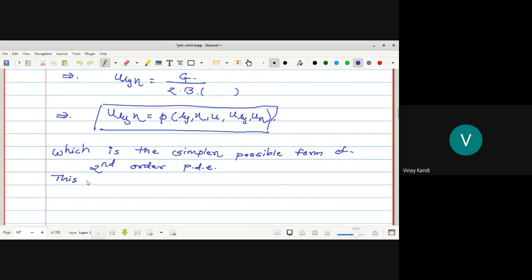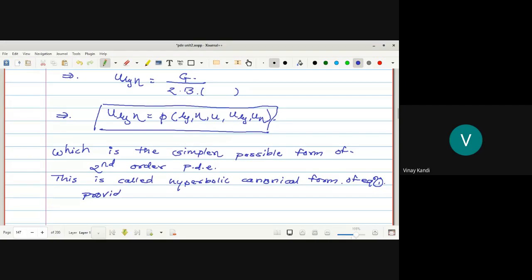Okay, and this is called the hyperbolic canonical form of equation 1,